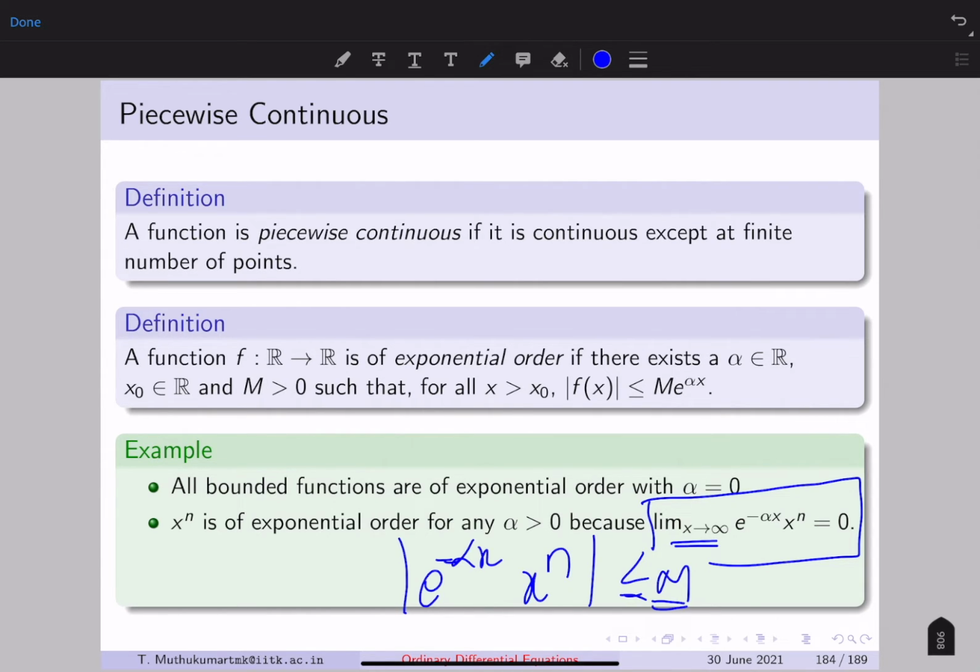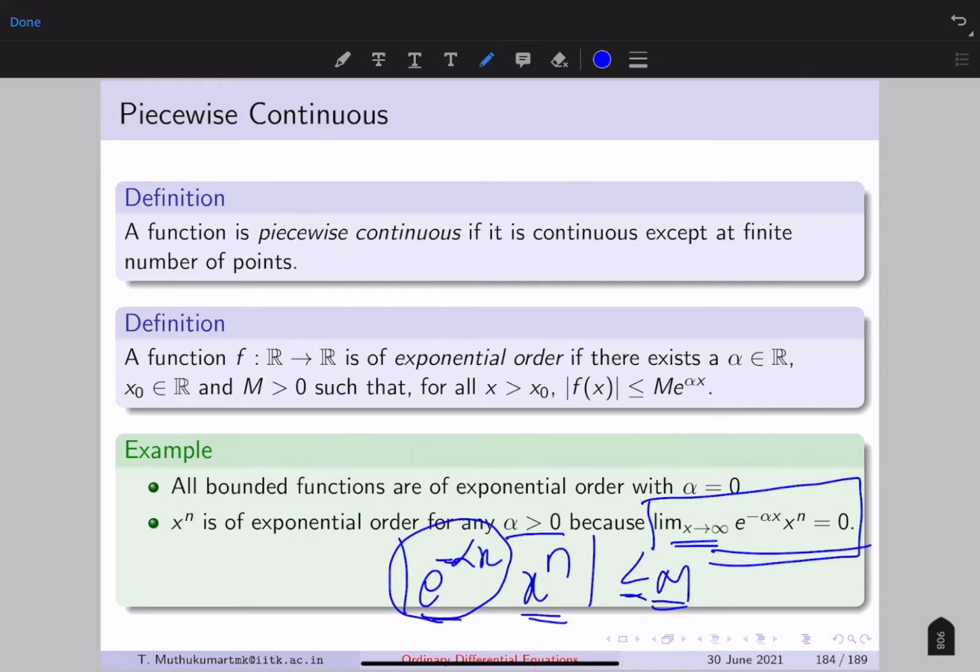And why does this happen? Because this is a function which tends to 0 as x goes to infinity, right? Because it's a negative power of an exponential, and that goes to 0 faster than polynomials, right? So it is an exponential, so this goes at the exponential rate, whereas this is at the polynomial rate. So this goes faster to 0, so this limit goes to 0, which means it has to be bounded. So x power n is a function of exponential order,